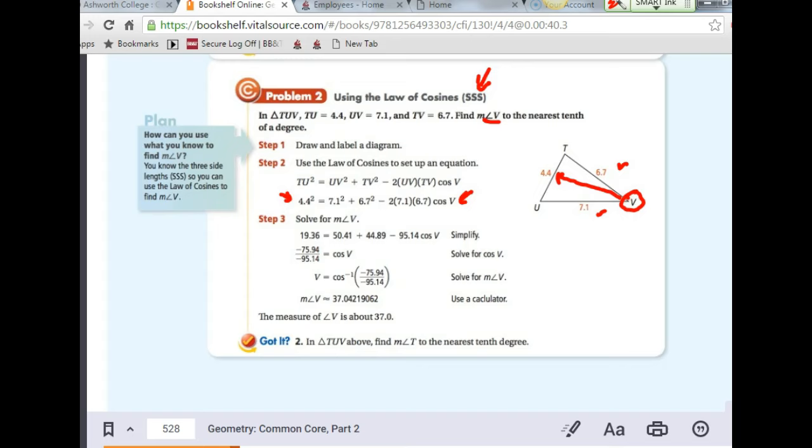So 4.4 squared turns into 19.36 equals 50.41 plus 44.89 minus 95.14 times the cosine of V. So all that actually turns into that right there. Now, if we combine that together, then we end up with that the cosine of V is going to be